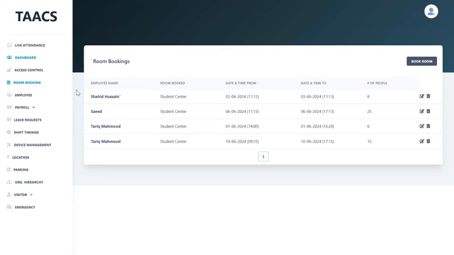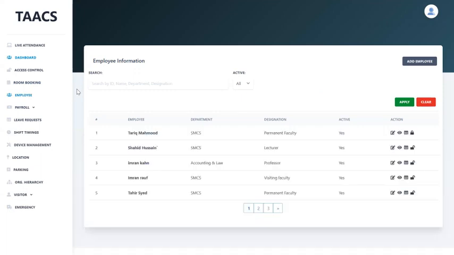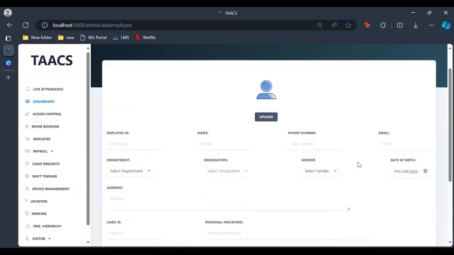There is an option for edit and there is an option for delete for each room booking that is made. Moving on, we'll move towards our employee module. The employee module is one of those main modules where the main user gets connected with our system and is added. So when we click on add employee, we can actually see what credentials go in